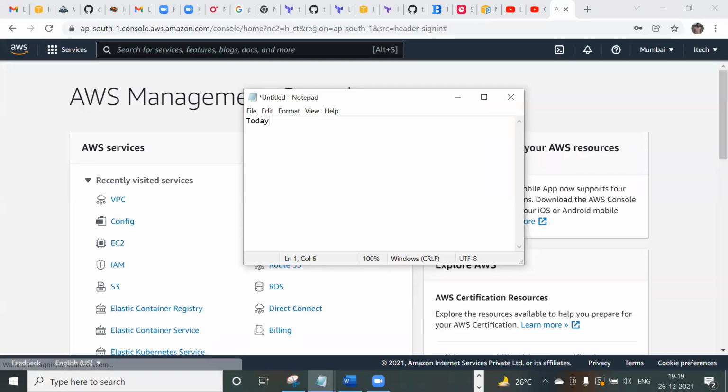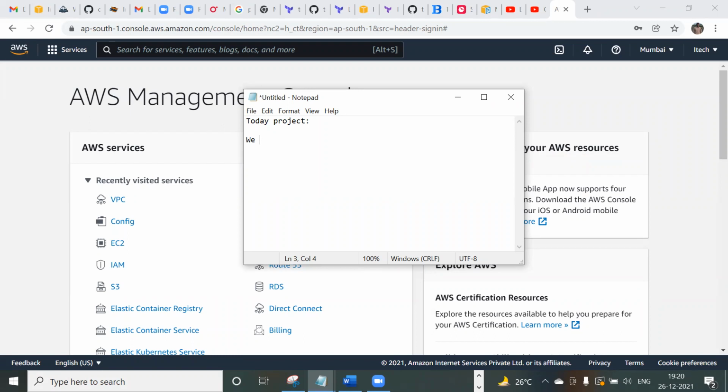So today's project we're going to discuss is, we got a request to deploy one EC2 instance from the customer. That customer is planning to deploy one application on top of the EC2 instance.